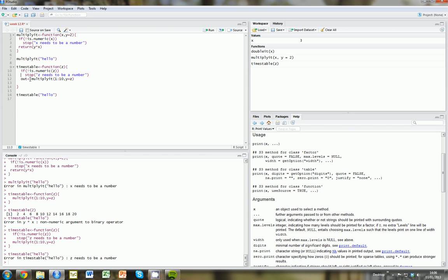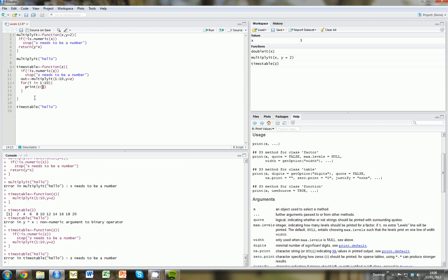So I'm going to use a print command within a for loop going over all the different times tables. So I'm going to ask for print, and then I want to print a vector, and print automatically accepts a vector and prints all the elements of the vector consecutively. So here I want to print